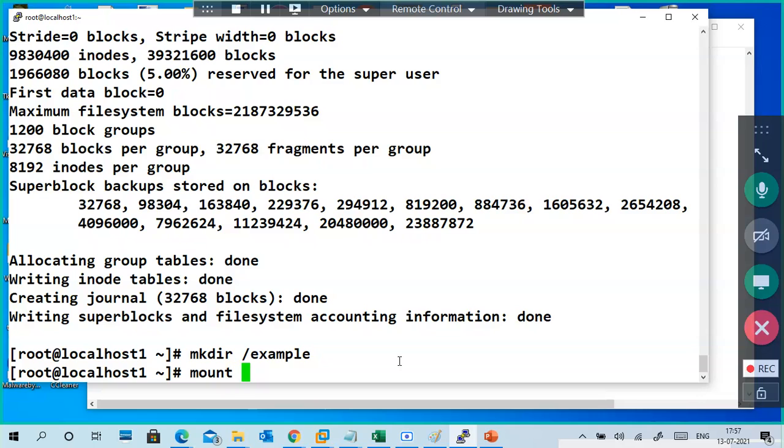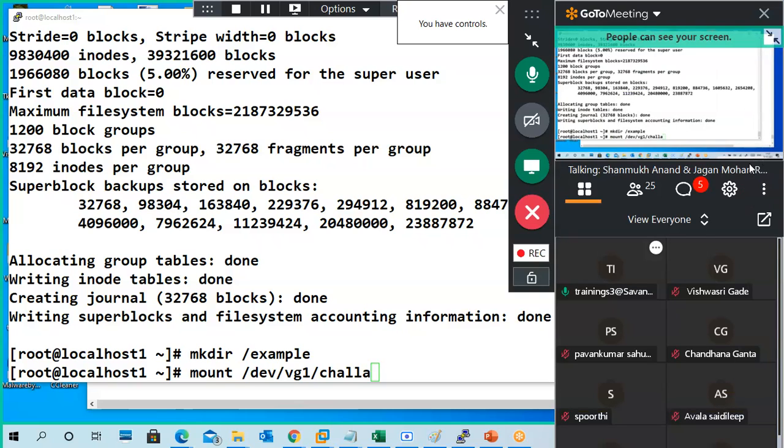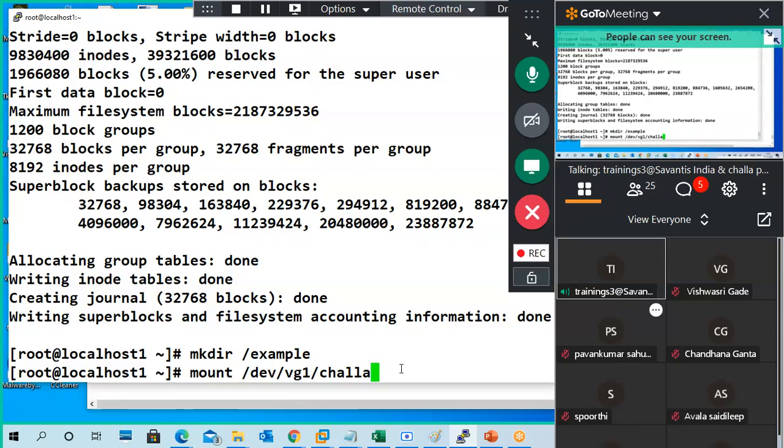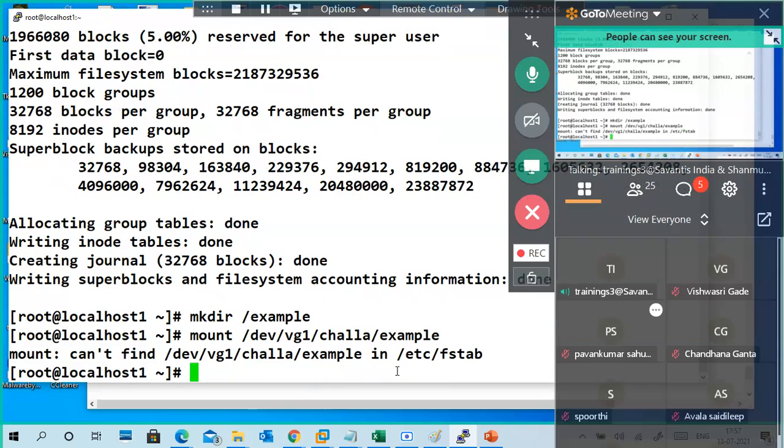First the device name, /dev/VG1/challa, then space, /example.